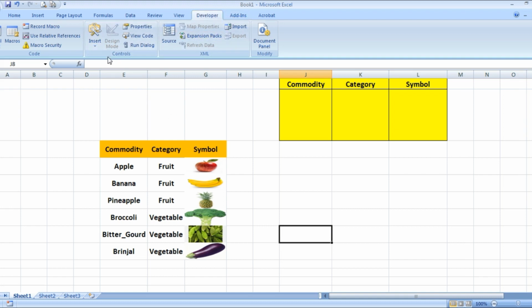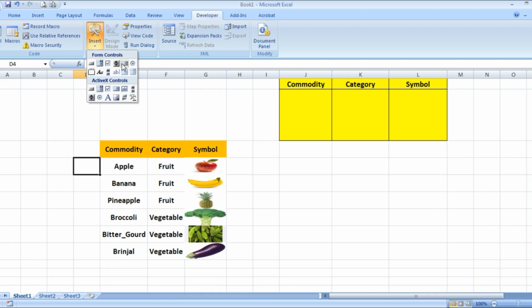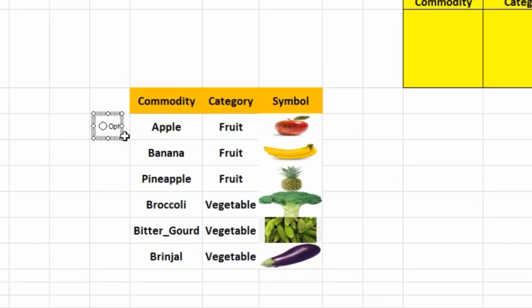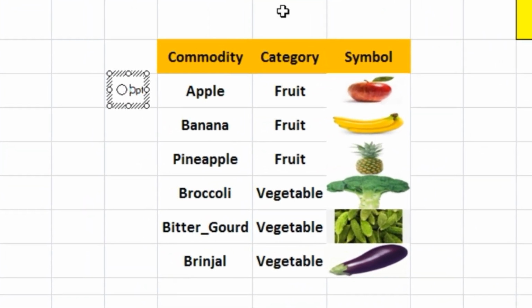Now I want to insert an option button here. So Insert, these are the various buttons. This is the option button. Look here, where the cursor comes here, it's called the option button. Now I get the command here, and by keeping the left mouse button pressed, I draw it here. It also has a title, so I will delete that. Select it and press delete. We have no need of the title here. I will keep it a little centered, and you can use the right and left arrow keys.